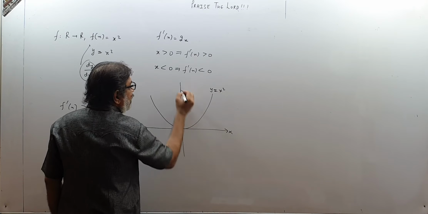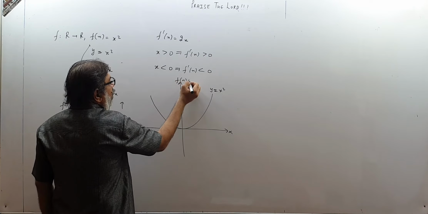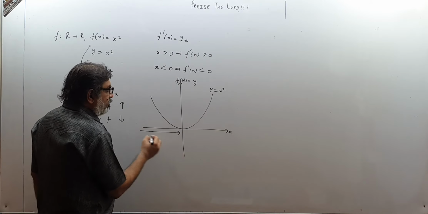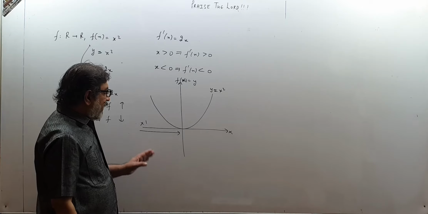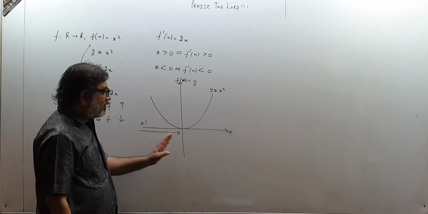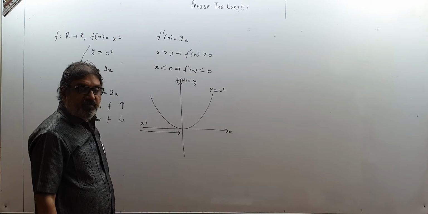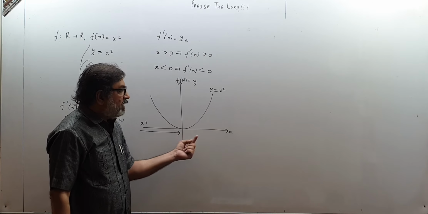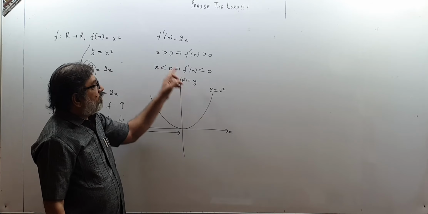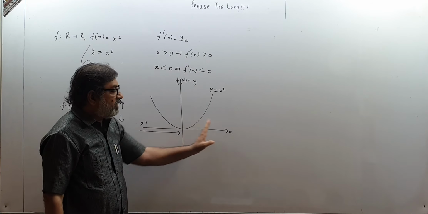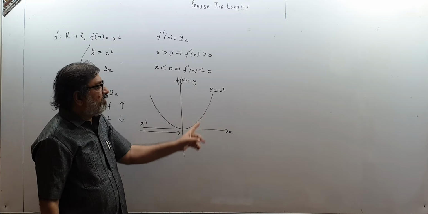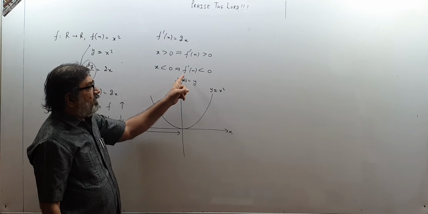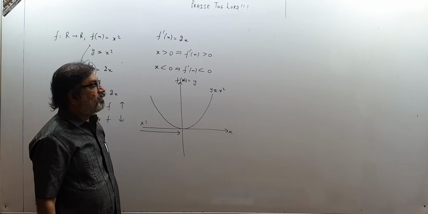Here there is x and here there is f(x), which is equal to y. See children, when I am on the negative side, this is x dash. As I move on the negative side from this to this, the graph comes down, decreasing. When I move on the right side from left to right, the graph goes up. So for x greater than 0, this region, the graph is increasing, f dash x is positive. And for negative x, f dash is less than 0 and it is decreasing.